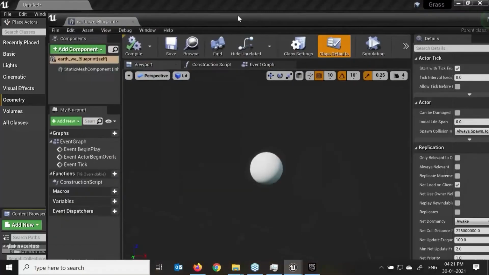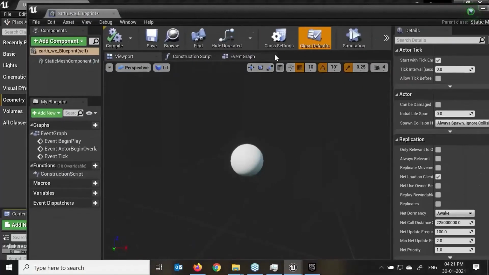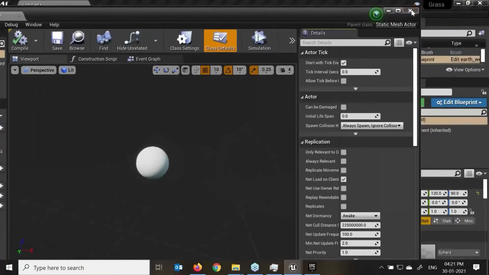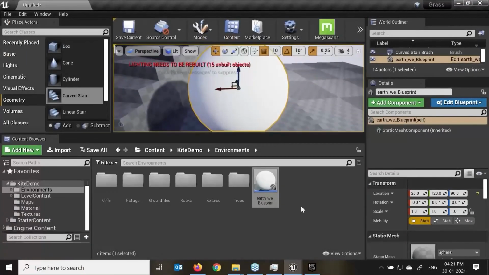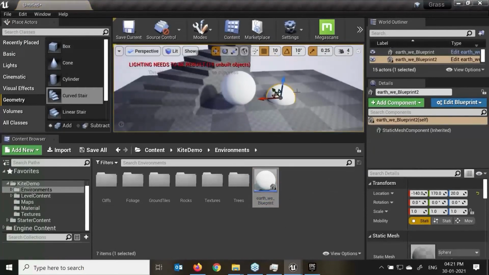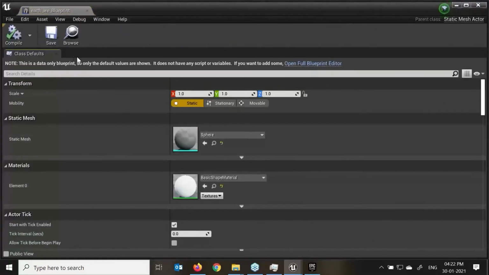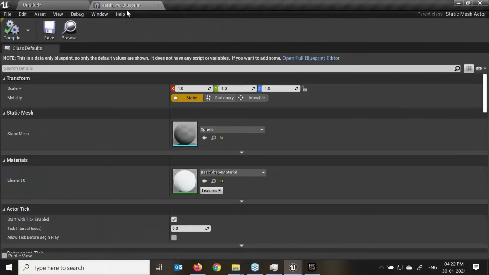So again, see, this has become my static mesh different level editor. Compile and save. If you have to change anything, click over here. If I go down over here, see, this has become my blueprint. I can easily drag and drop or make changes as per the requirement. If I've added the light, I'll just double click on that. I'll drag it over here.